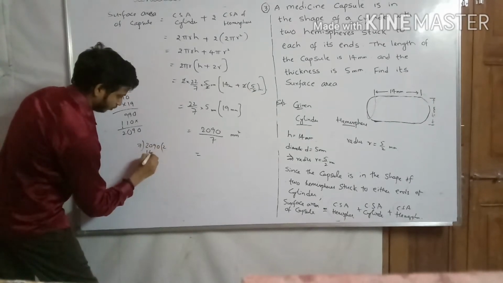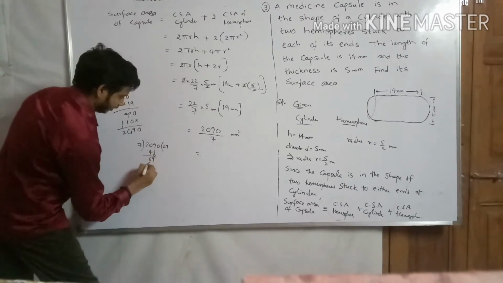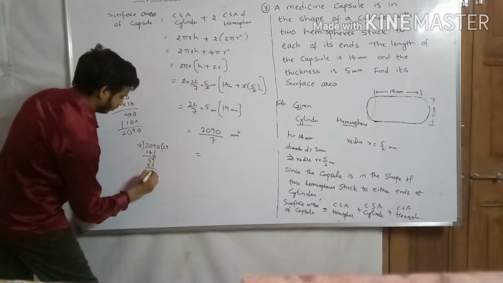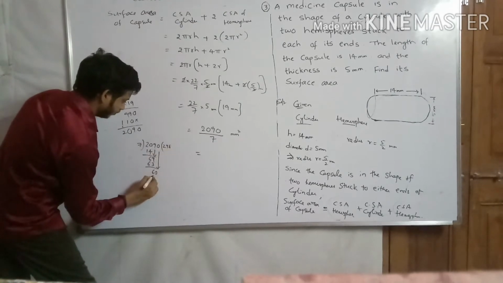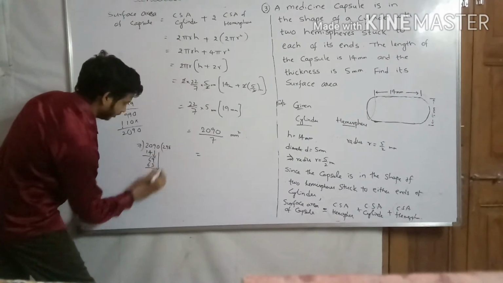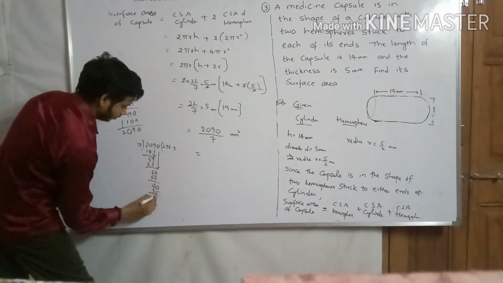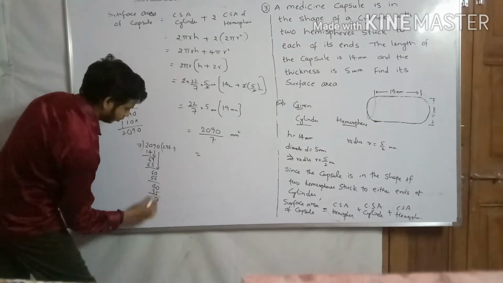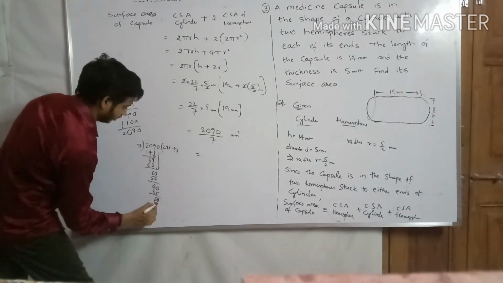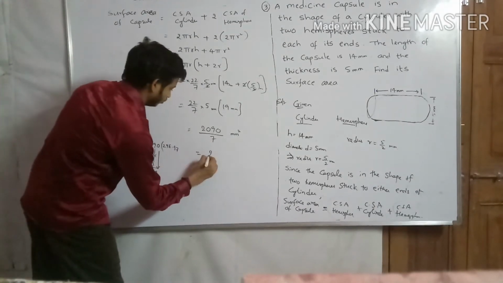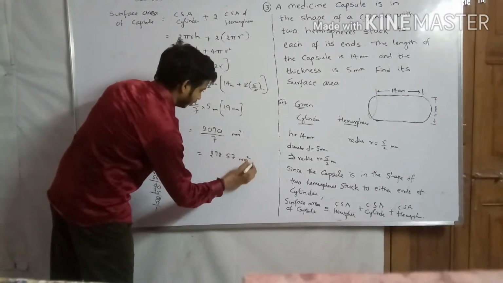7 2s are 14, 6 will remain, 7 9s are 63, again 6 will remain, 60, 7 8s are 56, 4 will remain, we take a point, 7 5s are 35, so 5 will remain, after the point we can take 1 0, yes, 7 7s are 49, mean 1, so 298.57 square mm, millimeter square.